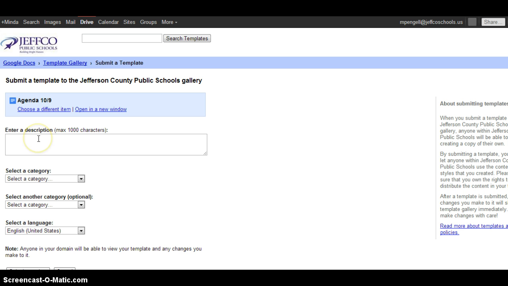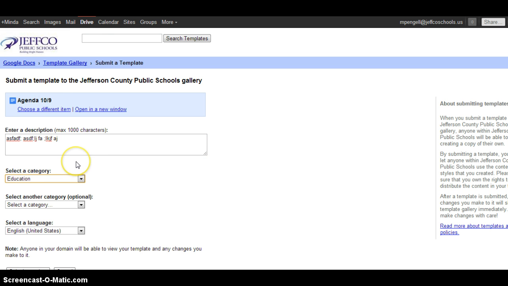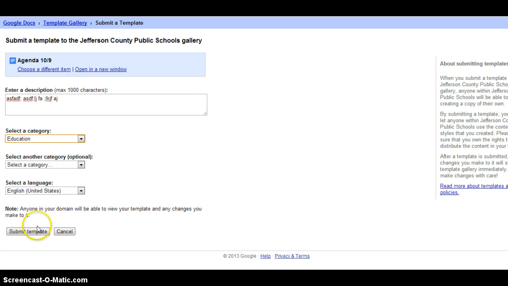You'll need to put in a description, and I do think this is required, that you have to put something in that description box. So type in some sort of description of what your document is, and then you have to pick one category. The second category is optional. You can leave that blank. The first one you do have to pick. You can always just call everything education, and then scroll down to the bottom and click on Submit Template, and